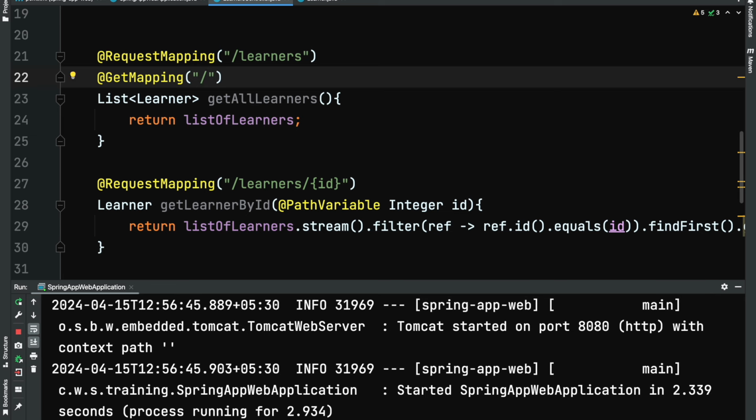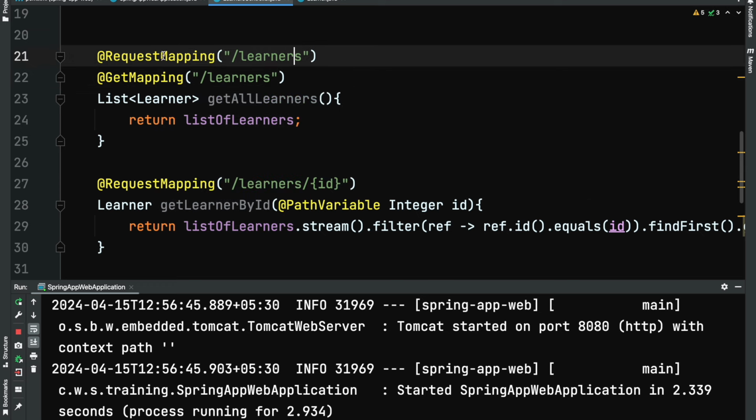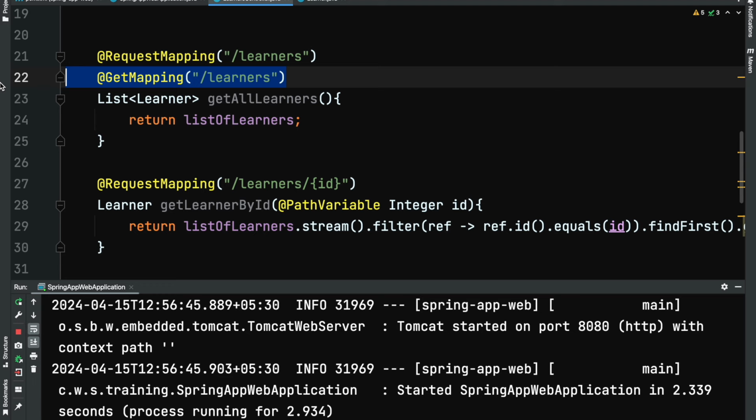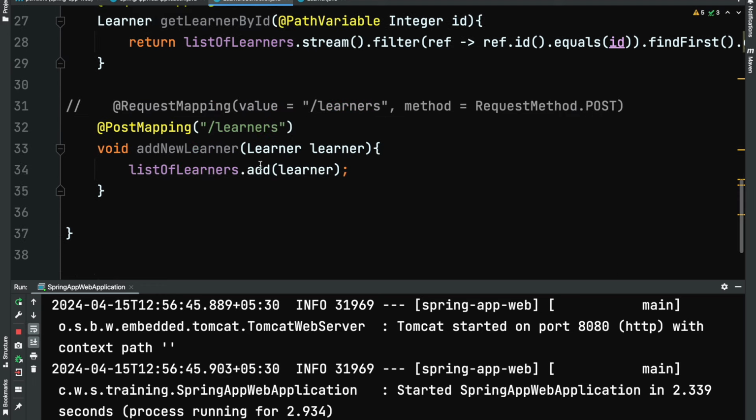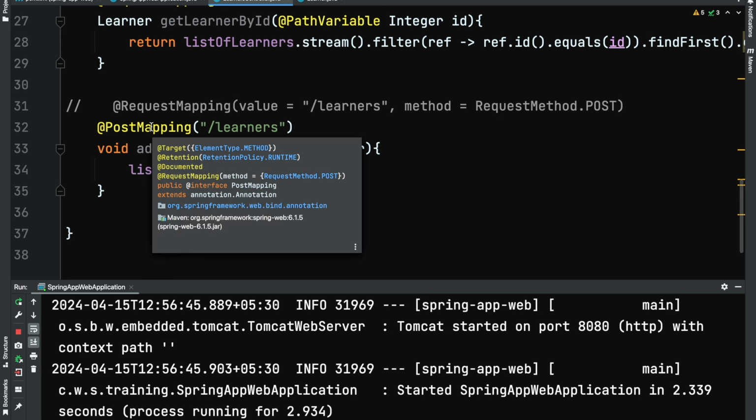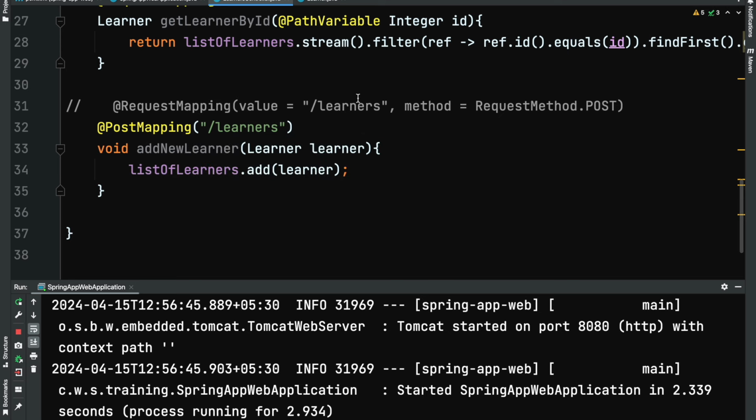Right? Better readable and does the job. But this time, it doesn't make much of a difference here because it's just by default get, and there is the path that is learners, so you can choose either of these two. I'll just keep it to the generic request mapping here, and then here I'll just keep it to post mapping because we are having the post method here, and any incoming request that is of the method post would be intercepted with this particular method, which would take a parameter